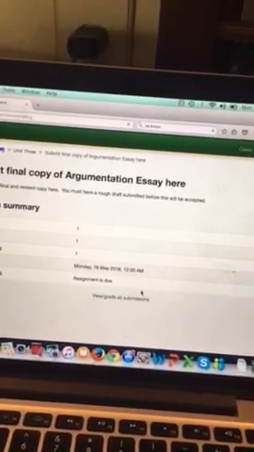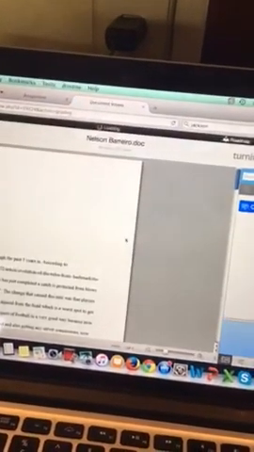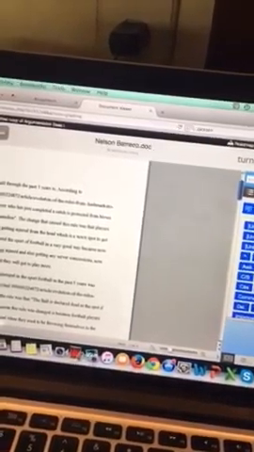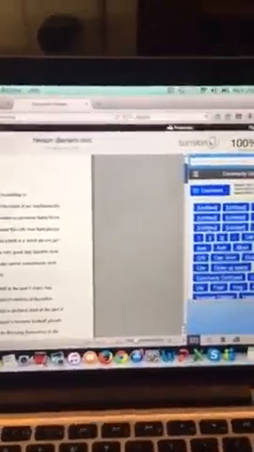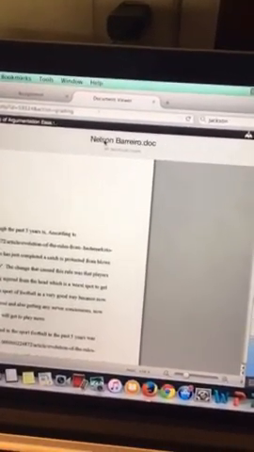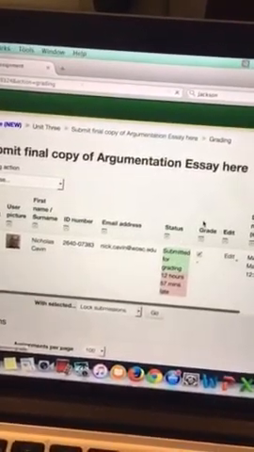So when you go to view and grade, you can go to turnitin.com like always, and you can leave your comments. You grade however you want to grade. So you can just leave your comments on here. You don't need to put the grade because we're going to do it in the other spot. But you can leave your comments on here just like always. You can drag these over, and then when you get done, you go back here to grade,